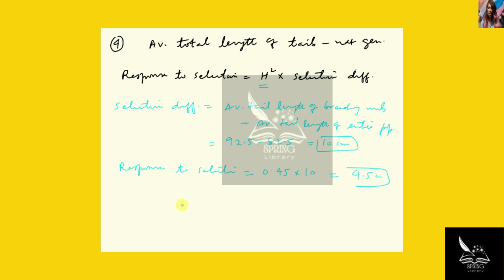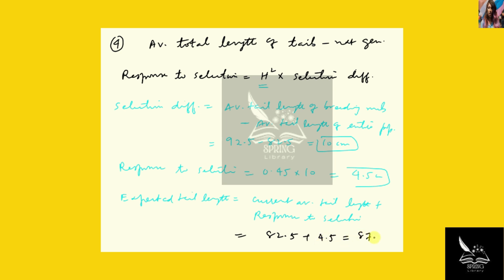So the expected average tail length in the next generation will be the current tail length plus response to selection. The current average tail length is 82.5 plus response to selection 4.5, which makes it equal to 87 centimeters. So the expected average total length of the tails in the next generation will be